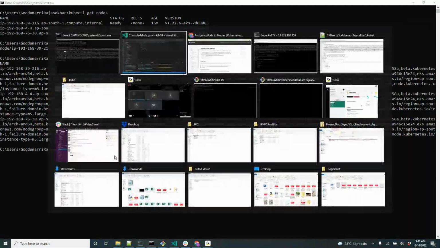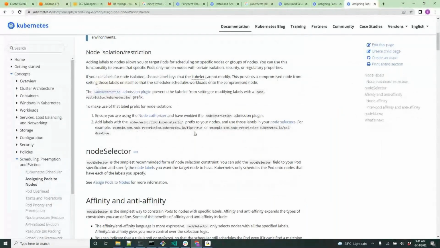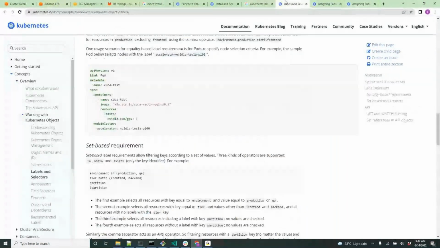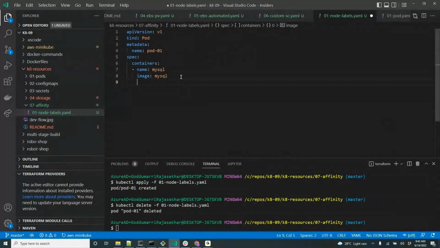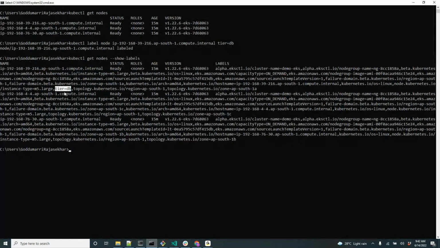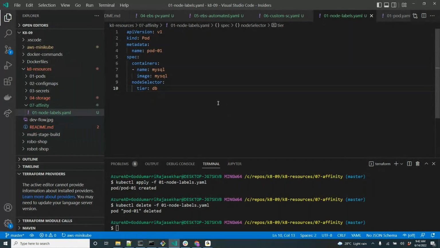You can have node selectors. That is it, node selector. Yeah, this one, node selector. Which node I want to select based on the label db. Okay, now you are telling scheduler, I want this pod should go to the node wherever the label is tier equal to db. Okay, now let us do